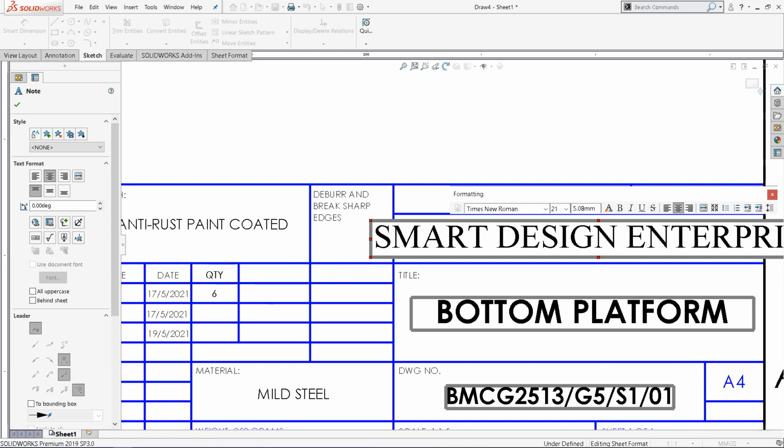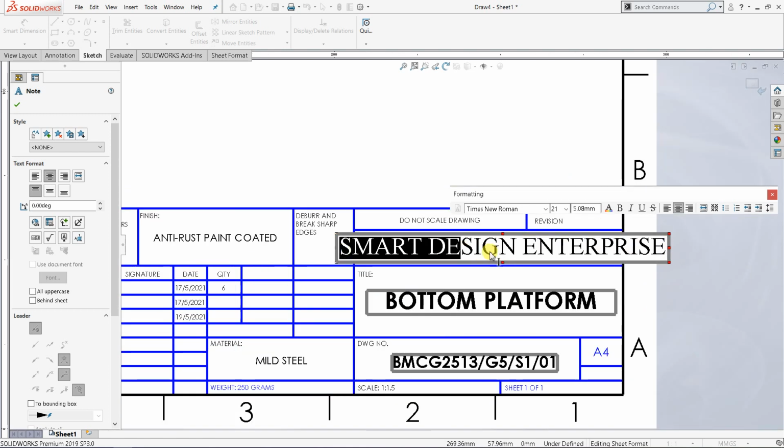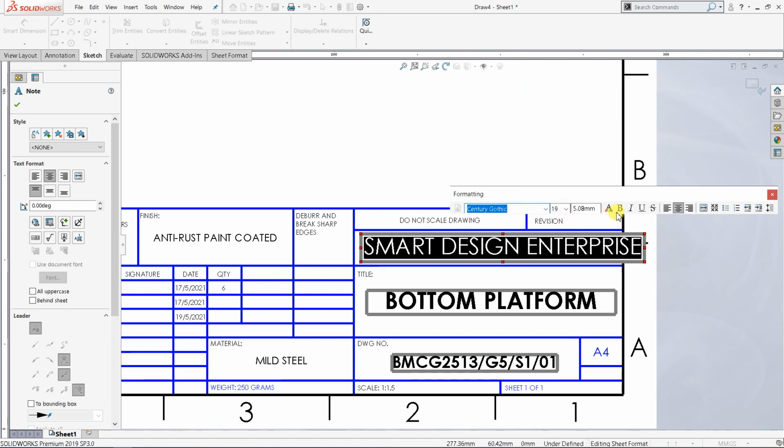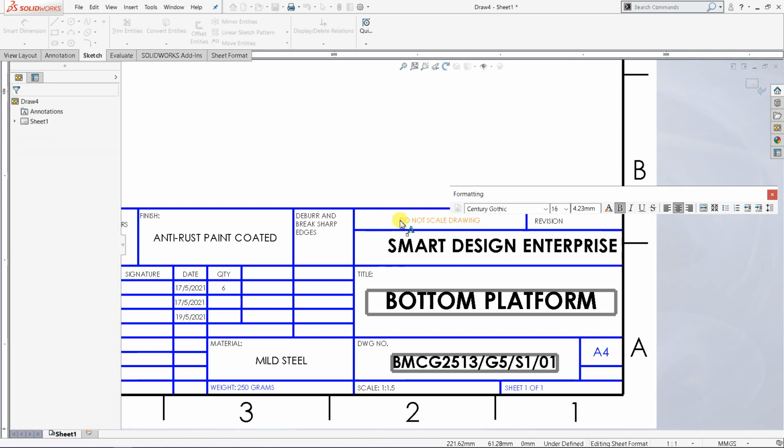Okay, so I'm going to select all these, and then just now center Gothic, right? Center Gothic, and then I'm going to make it bold, and resize. I'm going to make it smaller, 14, or try to play around 16. I think 16 should be okay. Then click OK. So this is your